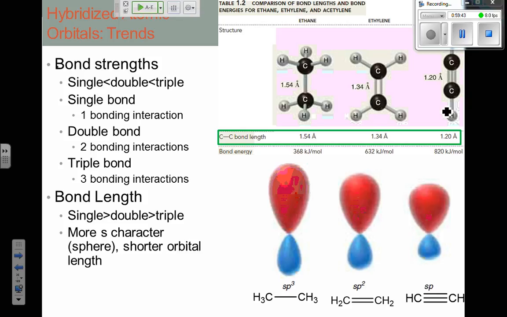And your sigma bonds are your head-on bonding. For it to get a good bond, you need good overlap. So if these 2 come together and they overlap, it's going to be a shorter bond. Because remember, your pi is just that side by side. So your length is really determined by your sigma bond. Which is why I want you to think about